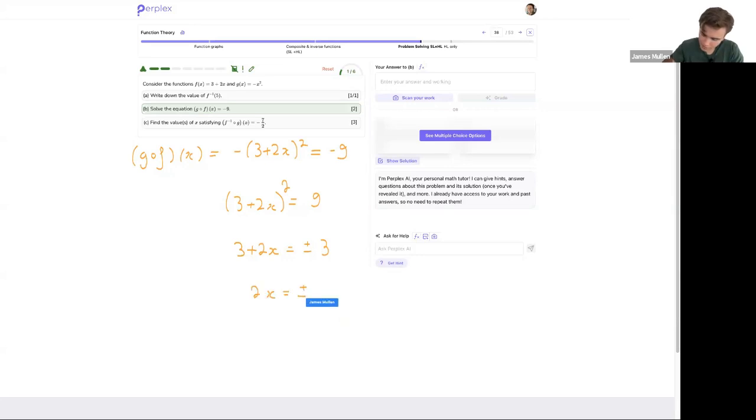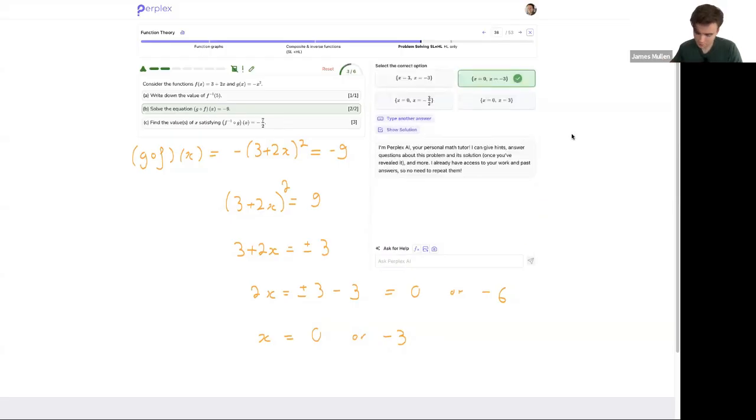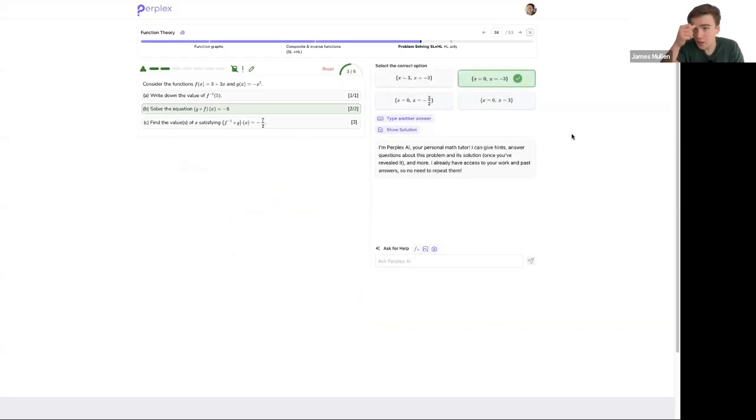So plus or minus 3, minus 3 is either 0 or minus 6. So my answers are x is equal to 0 or minus 3. See multiple choice options. So I have 0 and minus 3. There we go. And now in part C, we're trying to find the value of x satisfying f negative 1